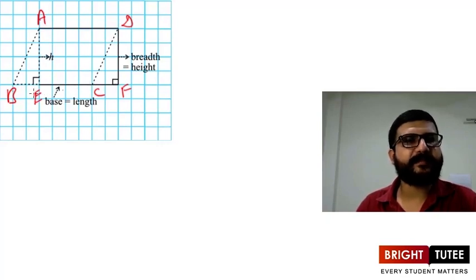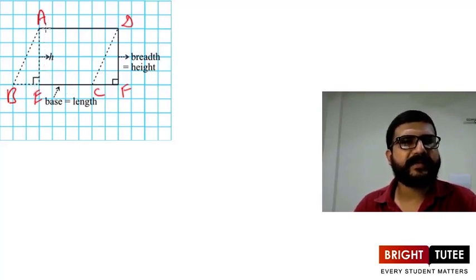BC, and this base BC is equal to length of the rectangle AEFD, which is EF. EF is equal to BC. Why can we say EF is equal to BC? Because here we are just cutting out this triangle ABE, which is here pasted here, which is DCF. So it means BE is equal to CF. And what else do we know? This height H, it is same here. This one is breadth.